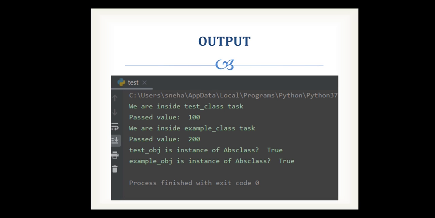Afterwards you check whether test_object is an instance of the abstract class, and it shows a boolean result, true or false. And for the example object you also check whether it is an instance of the abstract class, and you get true, because it is an instance of the abstract class.